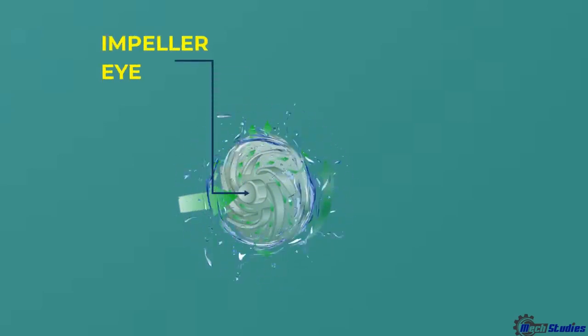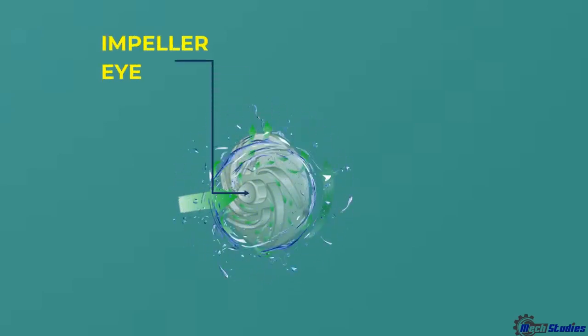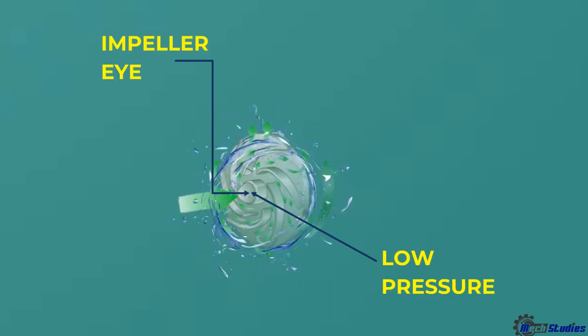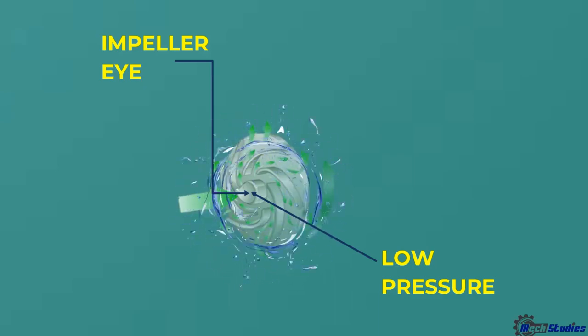This is the impeller eye. It means the center of the impeller. As the impeller rotates, due to its impeller design, low pressure will be created at the impeller eye. We will see a sectional view to